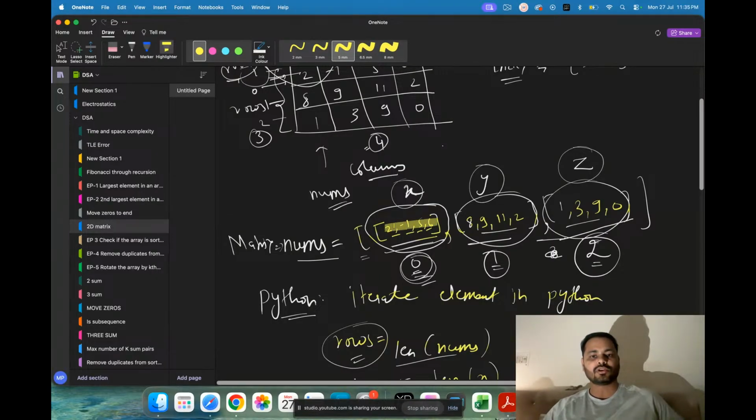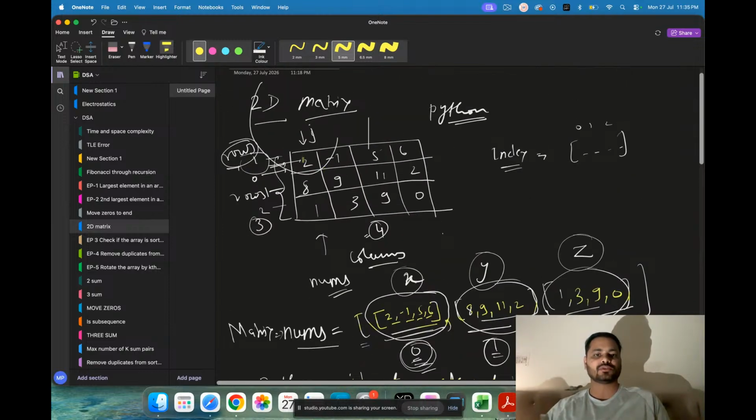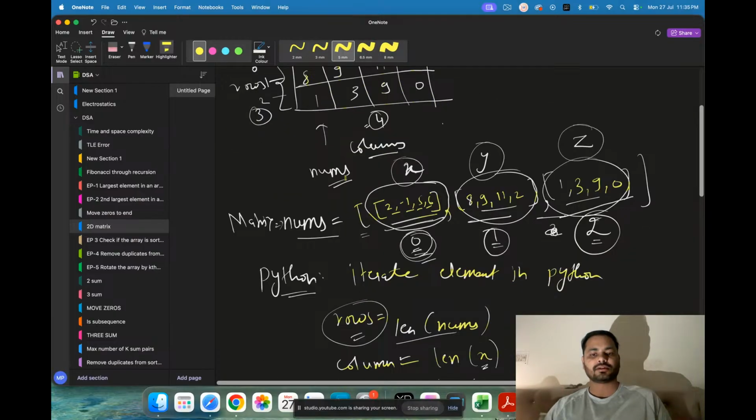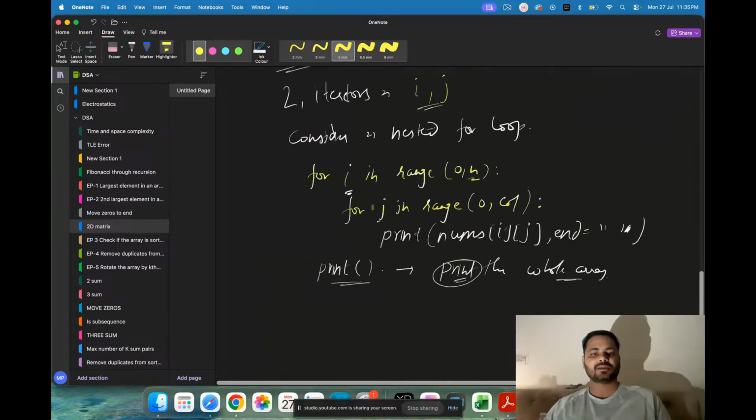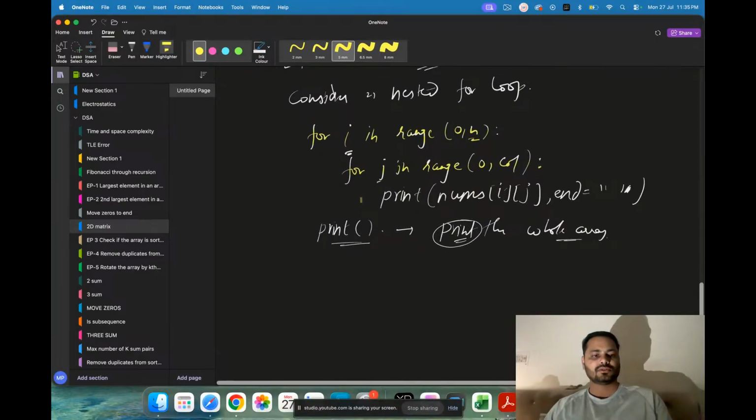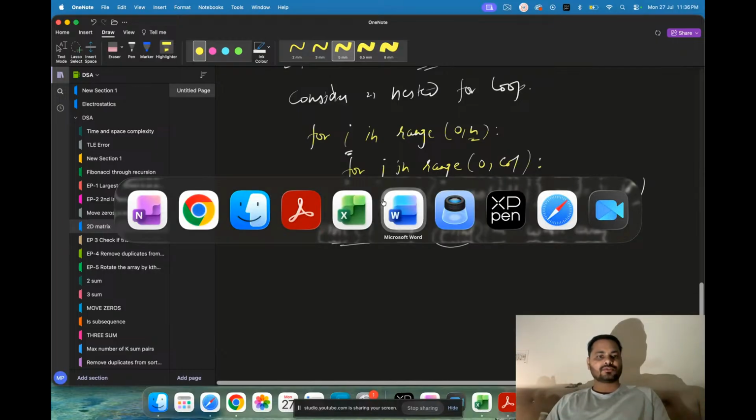These are all columns, and column will be 4. That is why we are getting 4 columns. You can see here, this is the first column, this is the second column, this is the third column, and this is the fourth column. So this is how we represent the matrix, and this is how we iterate the matrix also. So let us try doing